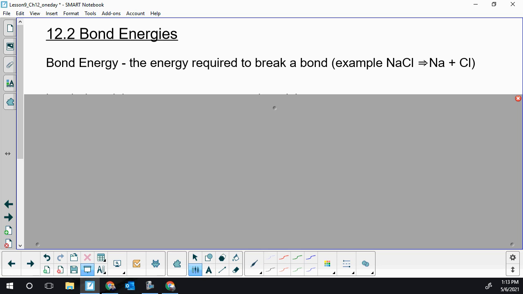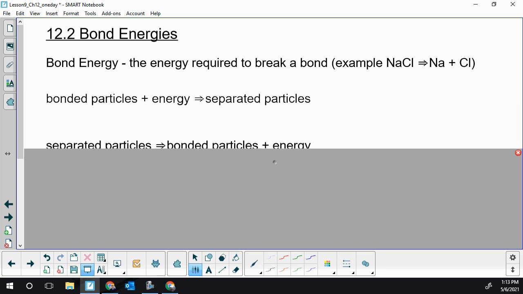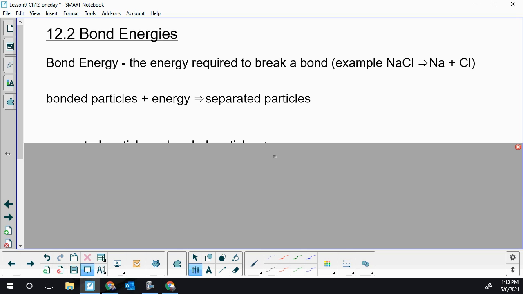to pull them apart. An example would be if you had sodium chloride. This is the energy to get the sodium and the chloride pulled apart from each other. And this is a breaking of a bond, and that's the first part of a reaction we want to talk about. In all chemical reactions, we're going to have some bonded particles and it's always going to require energy to get them to be separated. This is exactly the bond energy from the first line. I'm going to call that A,